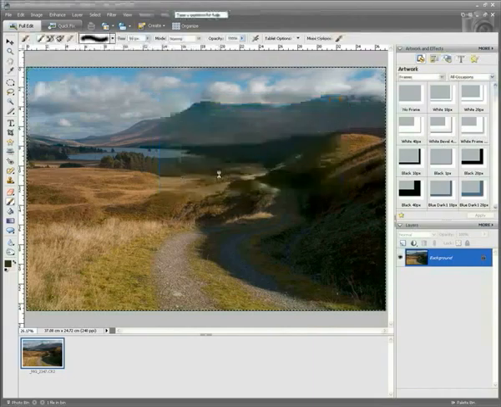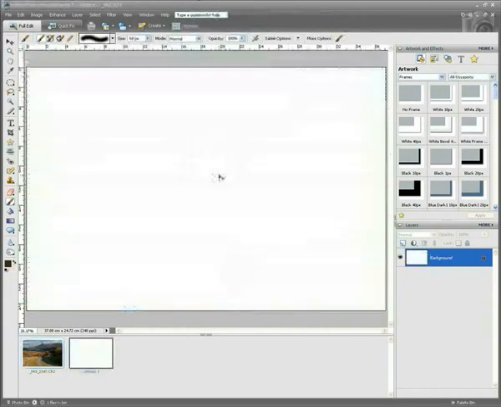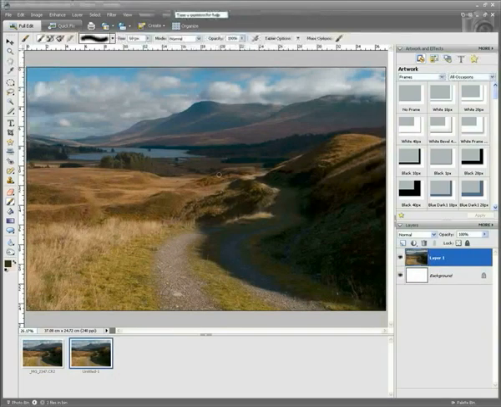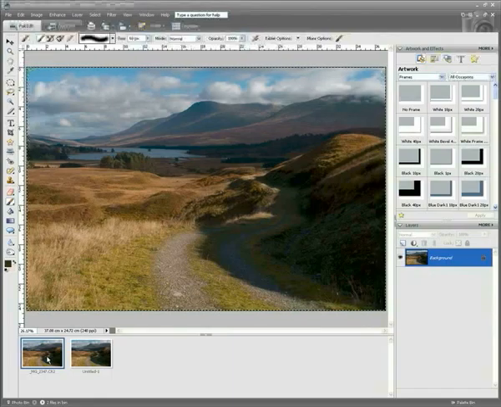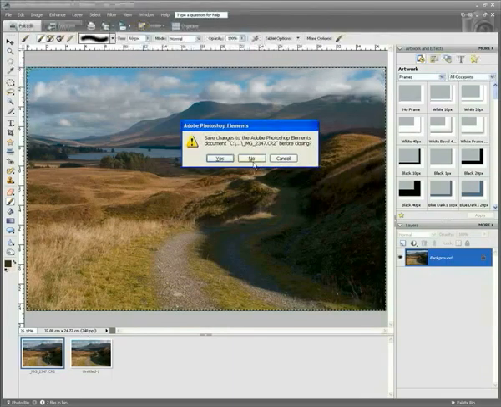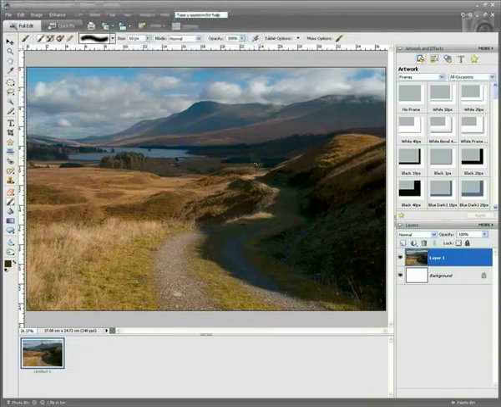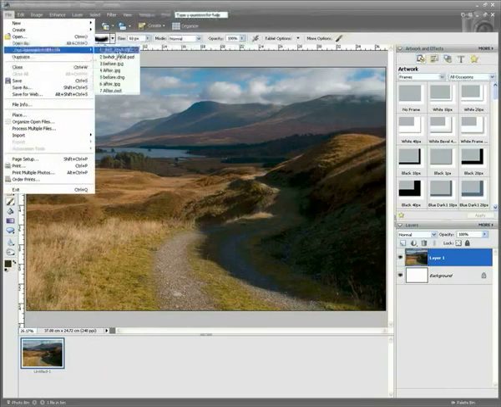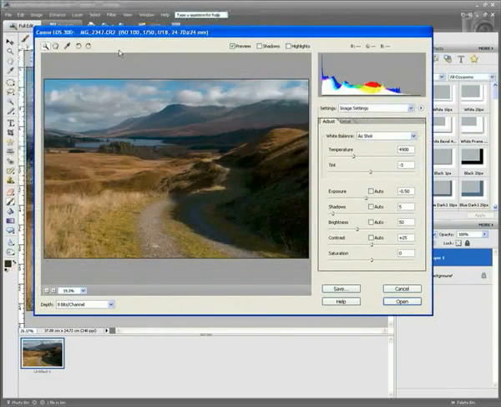So if I just click OK and go Control or Apple V, and that'll paste that landscape into the new document. Now in the image bin at the bottom, if I just double click back on the original file, go Control or Apple W, and that'll just close that down. And what we want to do now is just to reopen that file. So if I go to File, Open Recently Edited File, and just open up our raw image again,